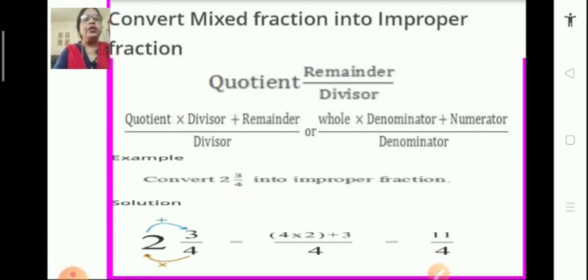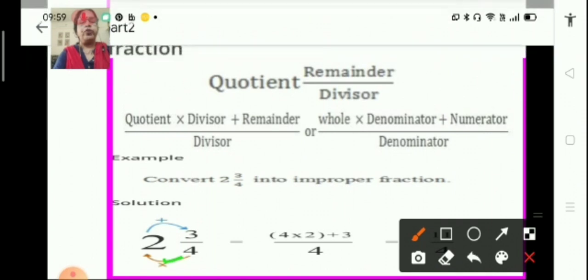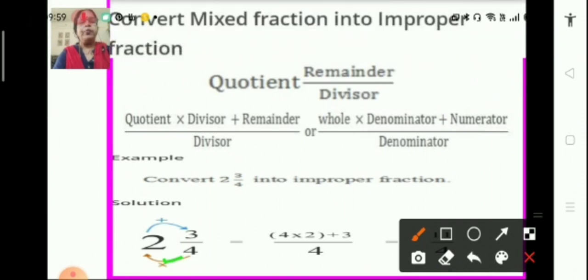Now how do we convert a mixed fraction into an improper fraction? Suppose we have a mixed fraction like this, 2 3/4. What do we do? We multiply the whole and the denominator. So 2 and 4 we multiply like this and add 3 to it to get the numerator, and the denominator will be 4. So the formula for this becomes quotient, remainder